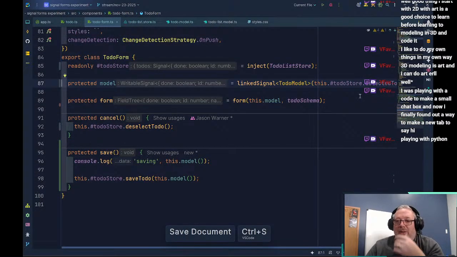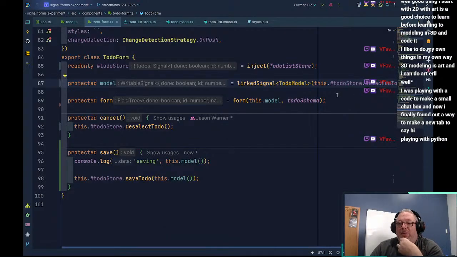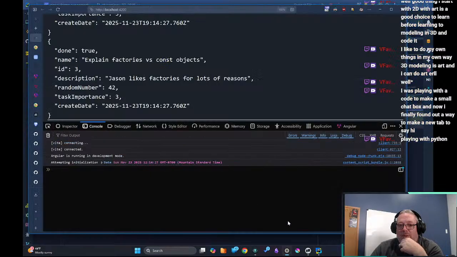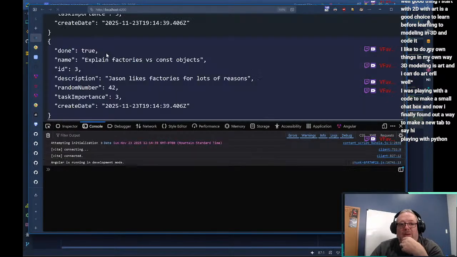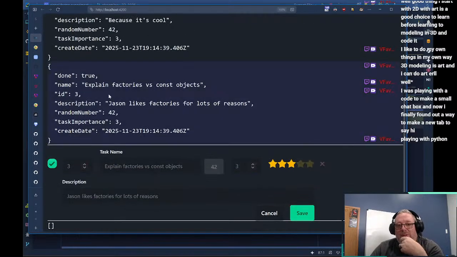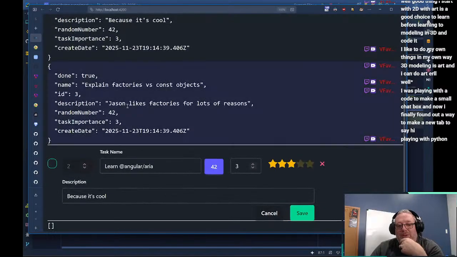And so now our model is linked entirely to the selected to-do. So now, if we come back here, and let's make this go away. If I select this, we're on a 3. If I select this, we're on 2. I select this, we're on 0.